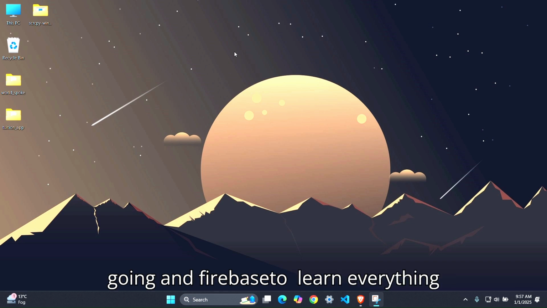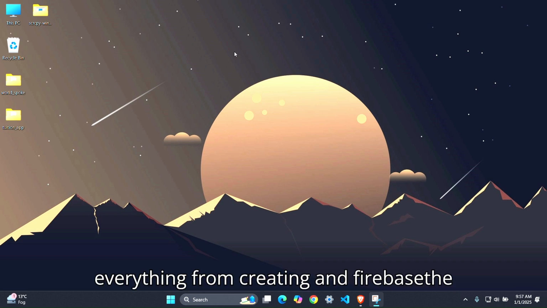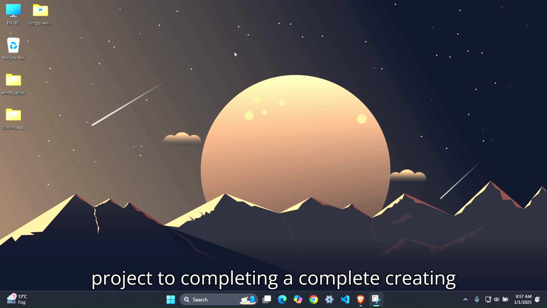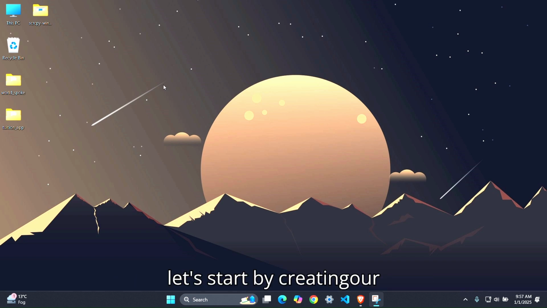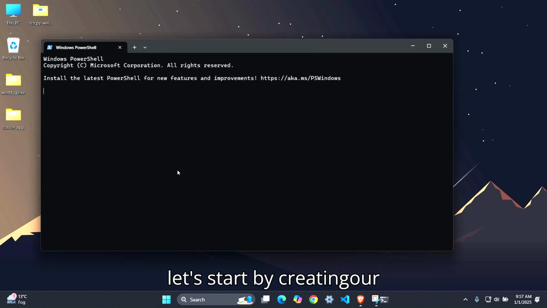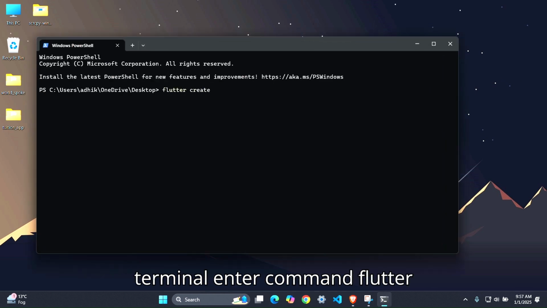So today we are going to learn everything about Flutter and Firebase. Everything from creating the project to completing a complete app using Flutter and Firebase. So let's start. Let's start by creating our Flutter project, and to do that, open a terminal, enter command flutter